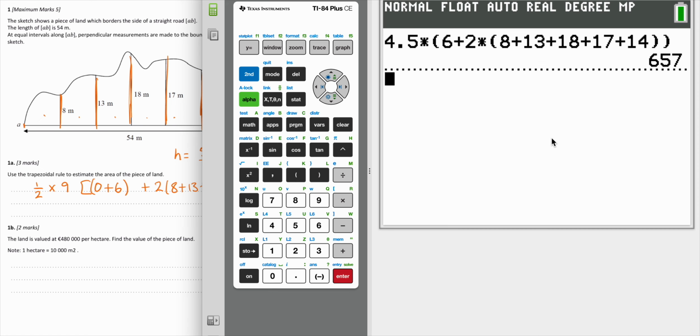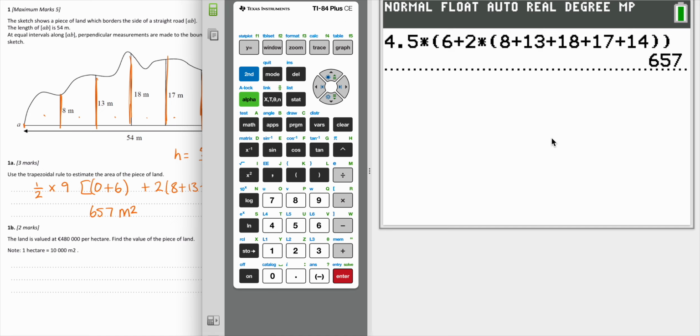And that gives me a total of 657 for my full total area. And it was the area of the piece of land, which is in meters, so our answer there is meters squared. And it says the land is valued at 480 per hectare, and we need to find the price of the land,